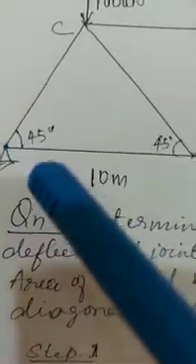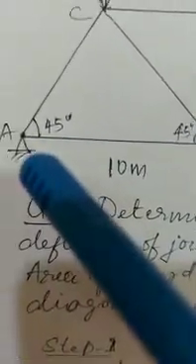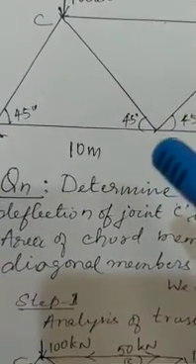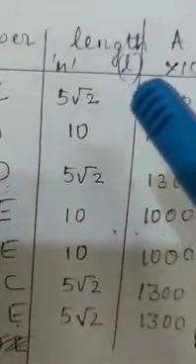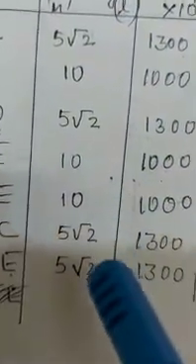So tan 45 is 1. So the distance from A to the midpoint of AE is 5 meters, so the vertical height should also be 5 meters. So the vertical height is 5 and half of this bottom chord member AE is 5 meters. So AC will be root of 5 square plus 5 square, that is root of 50, that is 5 root 2. That is the length of the diagonal member, and all chord members will be 10 meters. So that's the length entered here in meters. So all values of L are in meters.